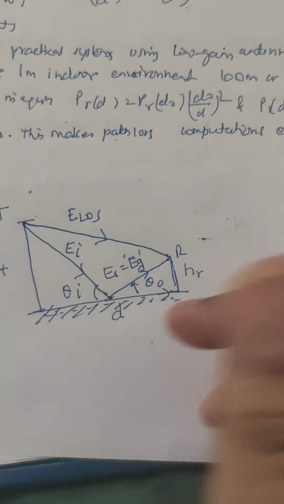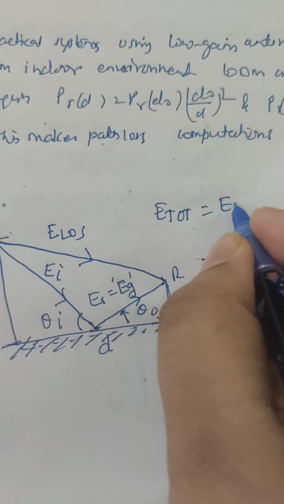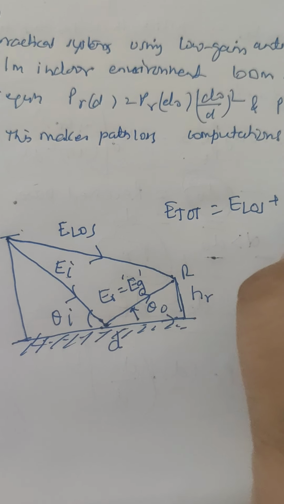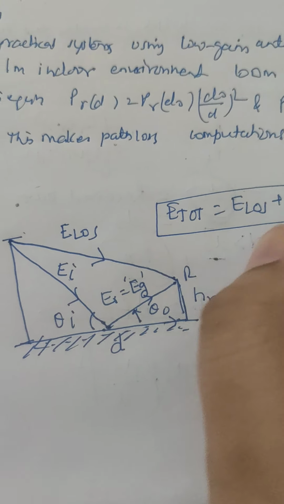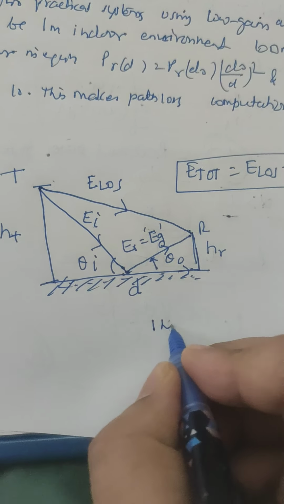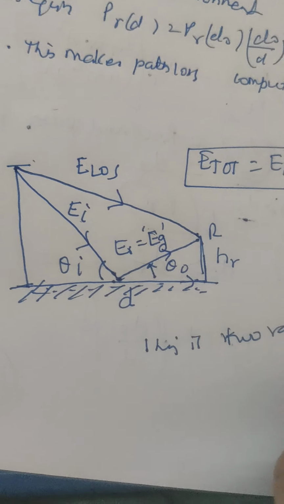So the total field E_T is given by the line of sight field plus the reflected field. So this is the two-ray ground